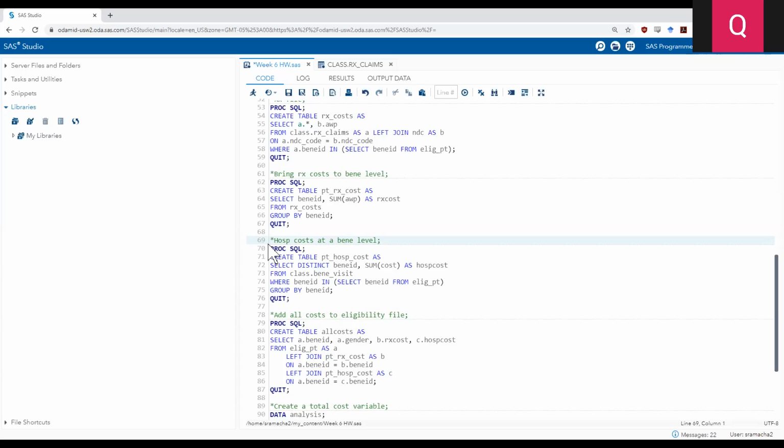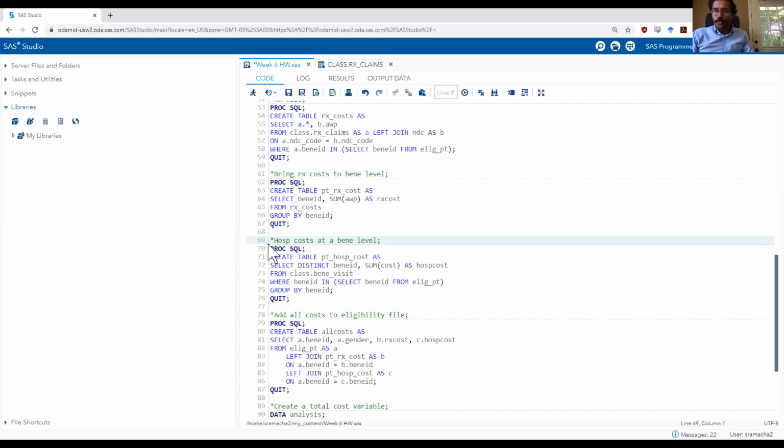So I tried calculating the cost, thinking that maybe I'll first merge all the data sets and create one data set which has NDC as well as the cost variable which is there in the hospitalization, I think that's the Bene visit file. So that did not happen for me. I tried and tried, and then I think I just need to calculate the cost beforehand and then merge the data set. I was trying not to calculate cost until I have everything in one file. So maybe that is where I was wrong.